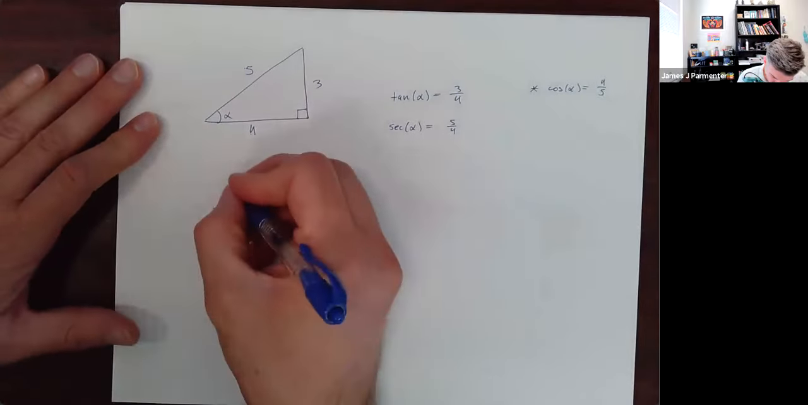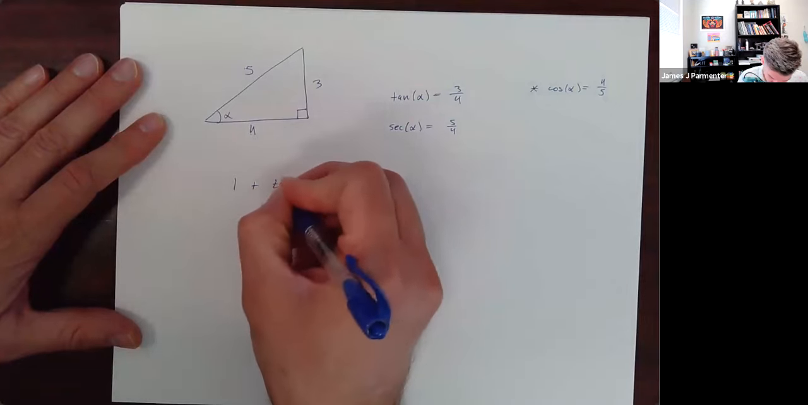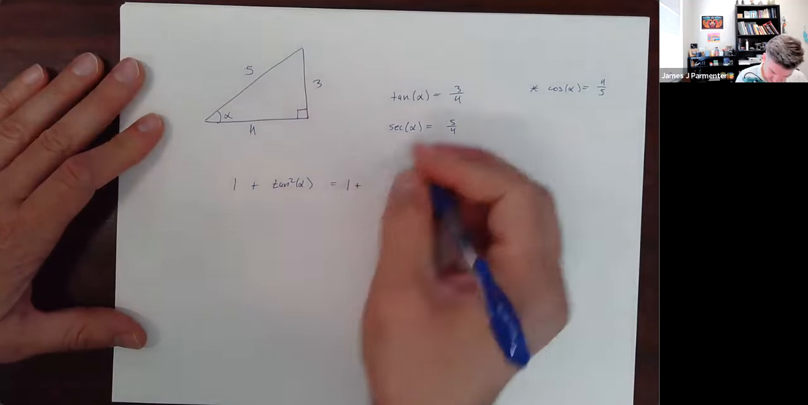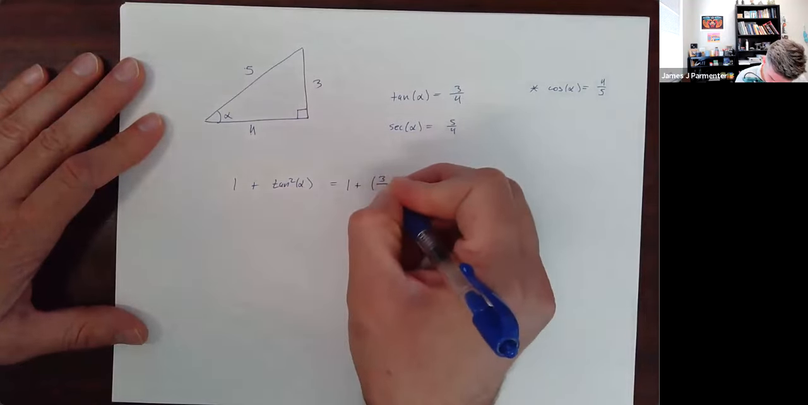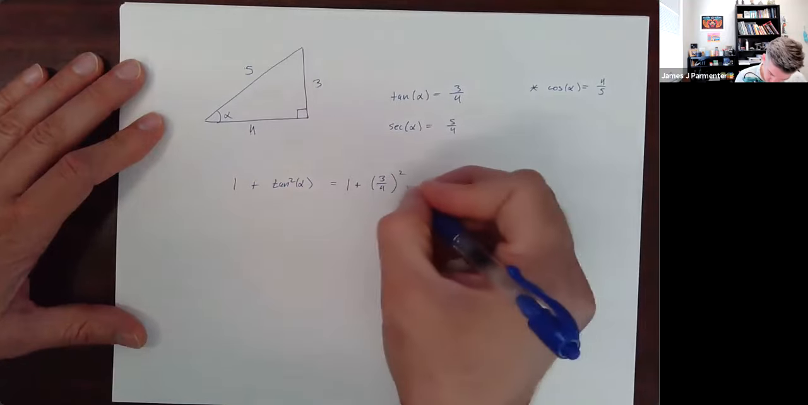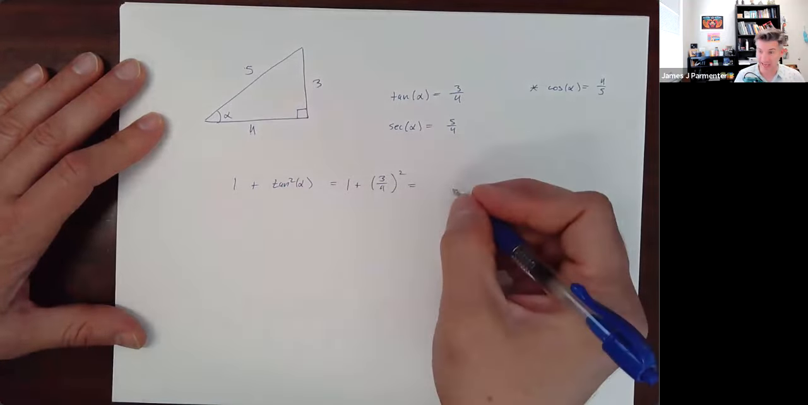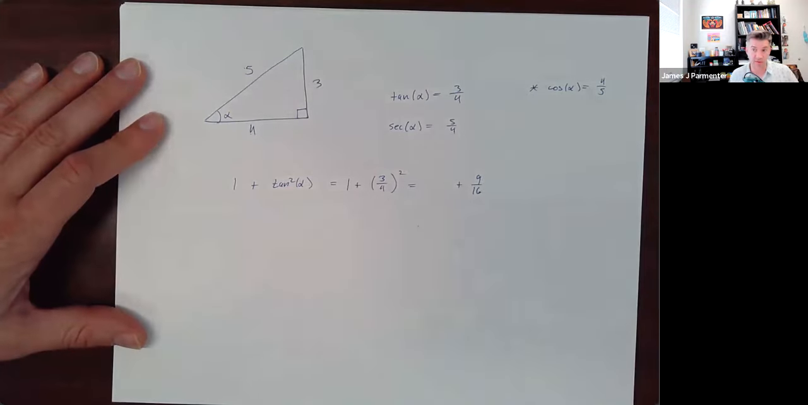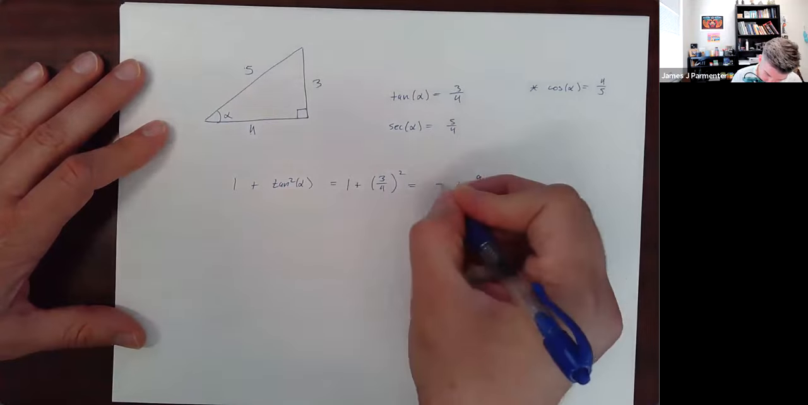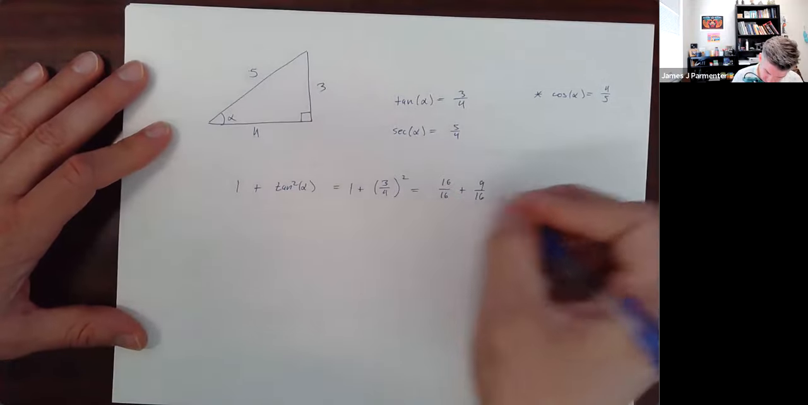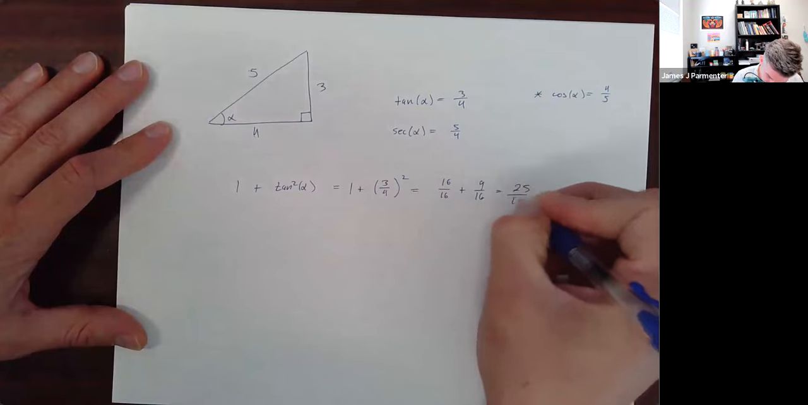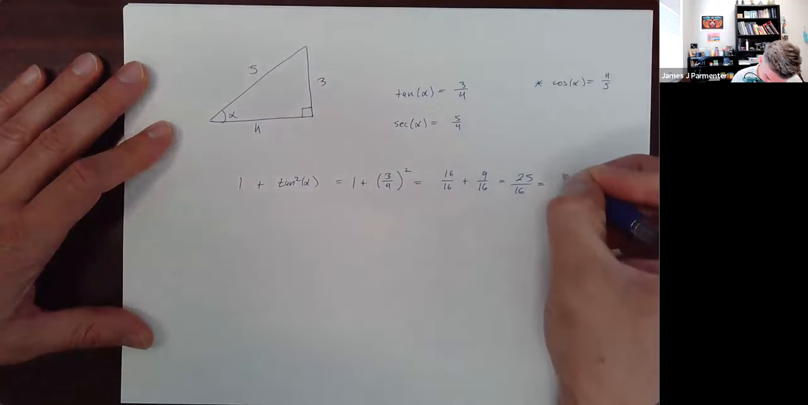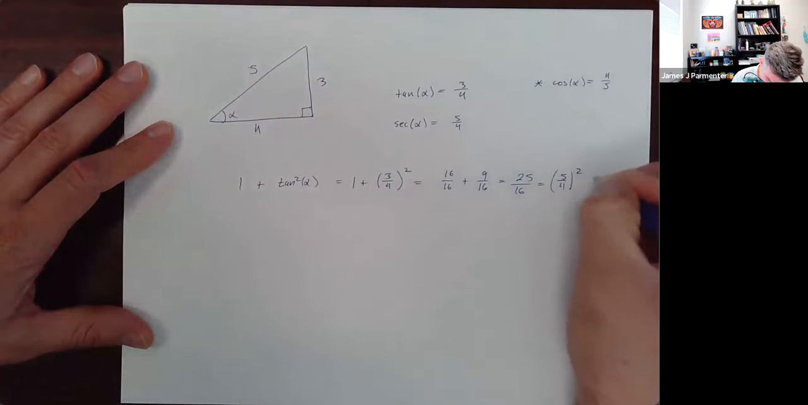I'm going to say that 1 plus tangent squared of alpha. Let's calculate that. That's going to be 1 plus, let's see, tangent of alpha is 3/4, quantity squared. 3/4 squared is going to be 9/16. The reason I didn't write the 1 yet is because I might as well change 1 into a fraction with a common denominator. So let's make that 1 16/16. And then 16 plus 9 is 25/16. And then finally, that is equal to 5/4 quantity squared, which is